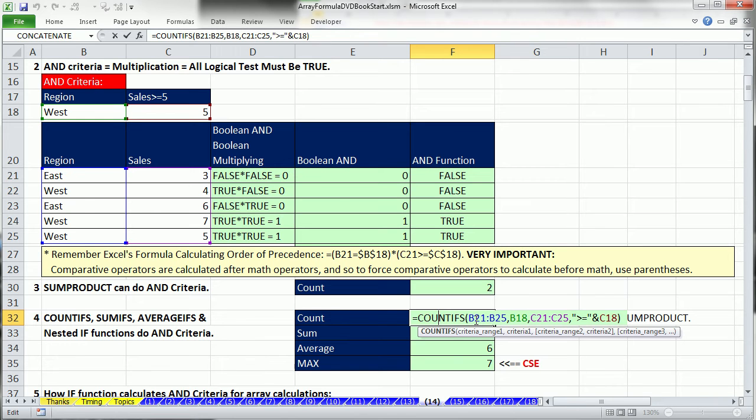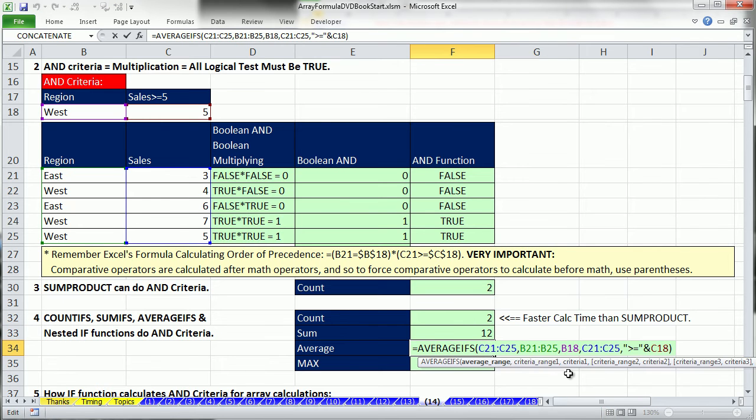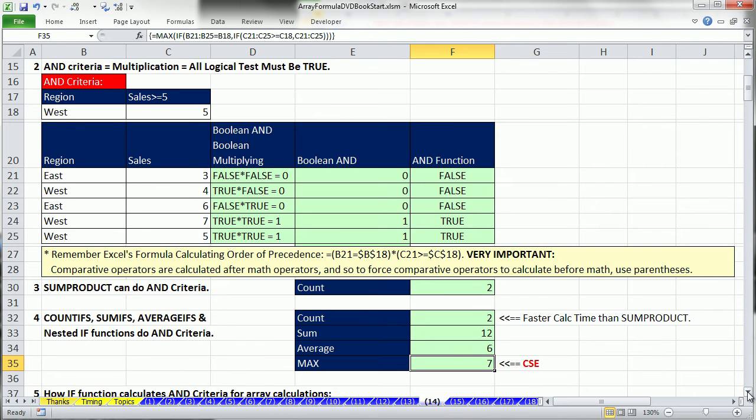COUNTIFS, it's doing AND. It's only when it gets true, true does it count that record. SUMIFS, only when it gets a true and a true does it add that. So it's going to add these two numbers and get 12. So SUMIFS is doing AND criteria. So is AVERAGEIFS. It's going to take those two numbers and take the average. And now